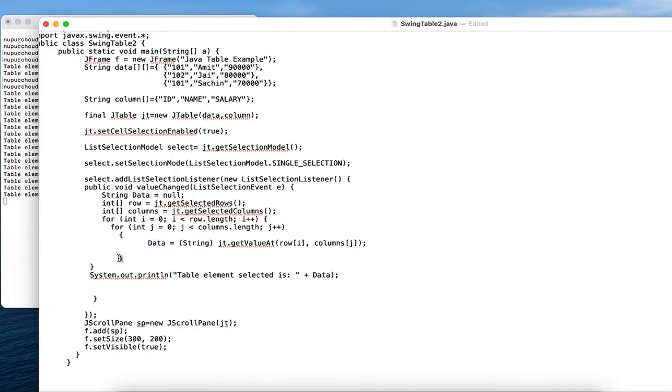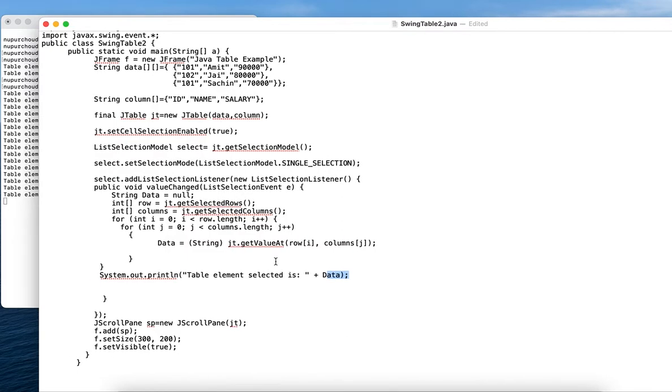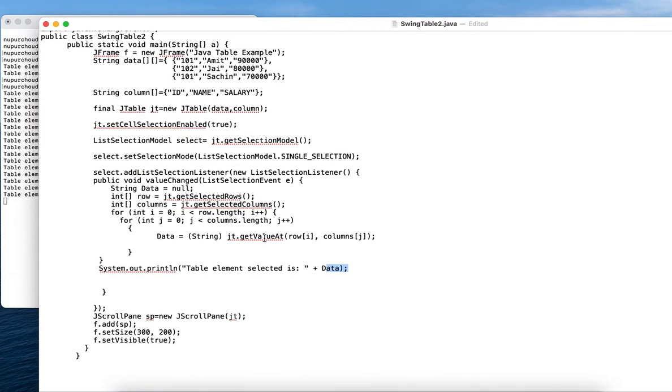After that we will close the loops here, and finally we will print out the value that the table element selected is data. So this is how we can print the values that we have already kept in the table.